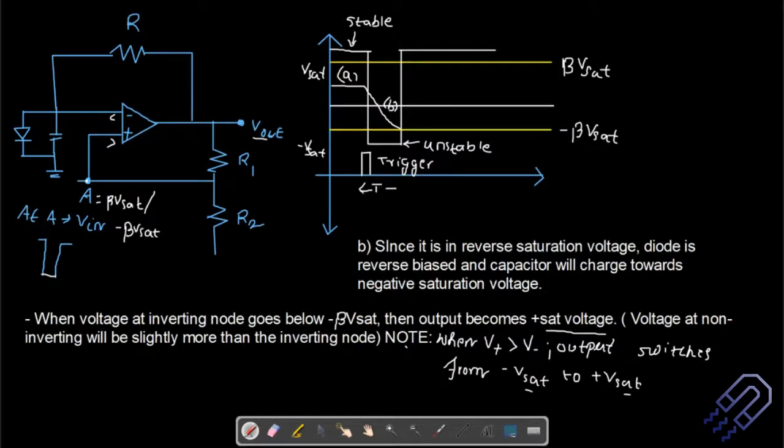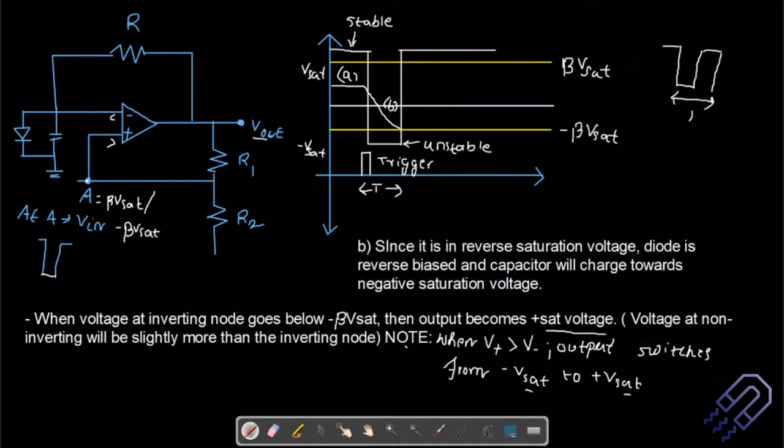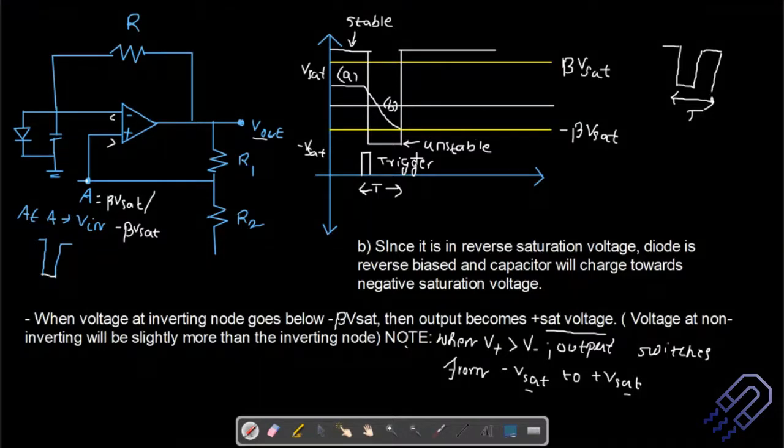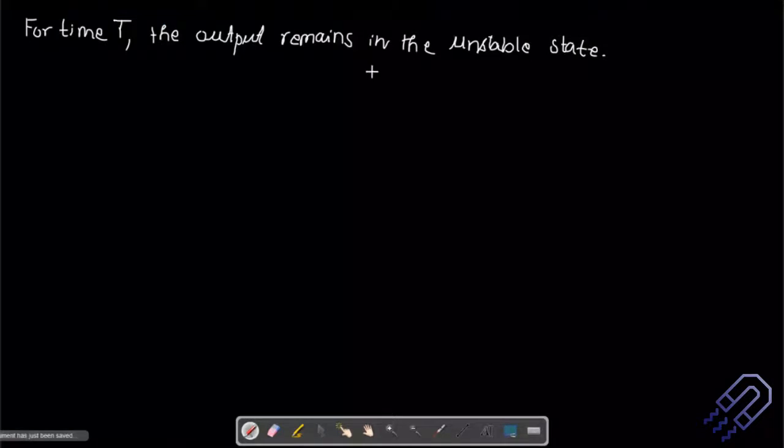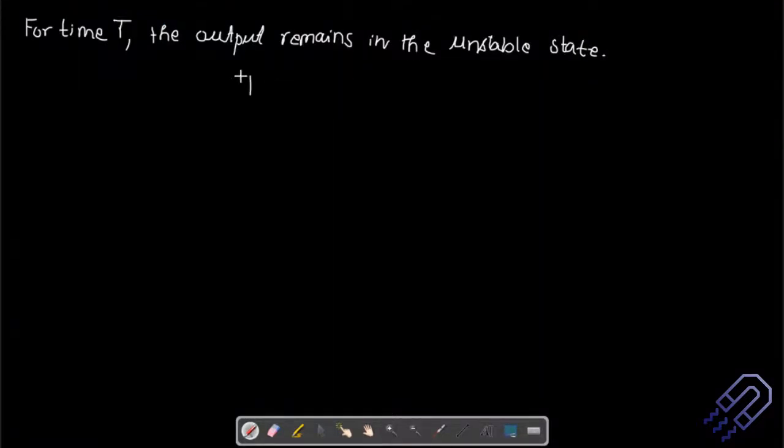So that means we are talking about this. This is actually not the time period. Please remember this. Time period is something where you are having, from let's say here, basically going to get this. So if I have something like this, then I consider from here to here, I can consider this to be a time period. But here I'm not saying that this is the time period. This is the time for which the output will actually remain in the unstable state. And this T, the time for which the output will remain in the unstable state, is given by